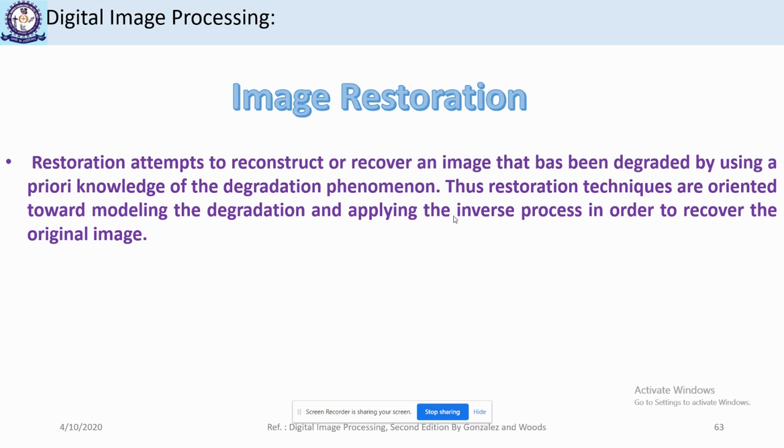So now, hope this is clear, the image restoration. In this, the degradation phenomena is already known to the person who is trying to restore the image. Okay. So moving ahead, next we have